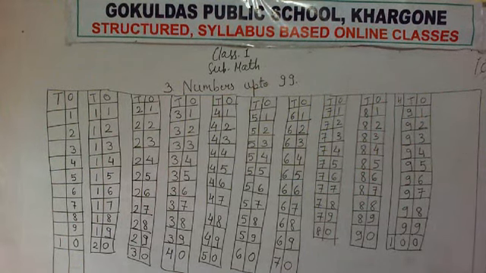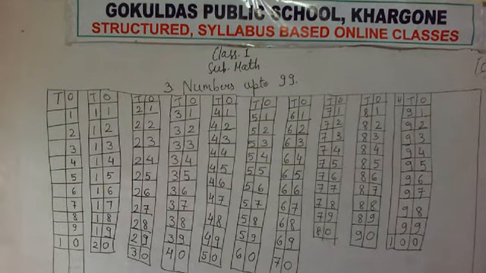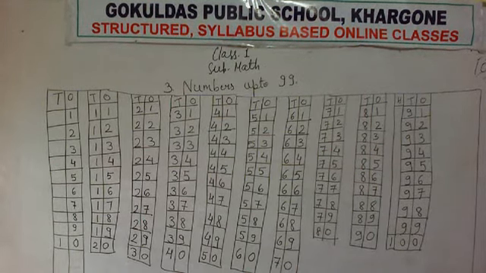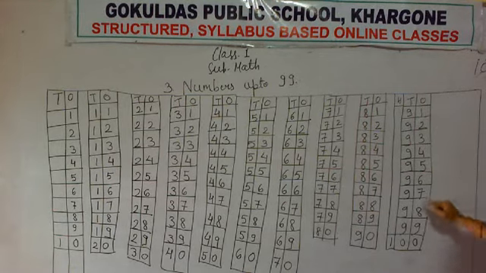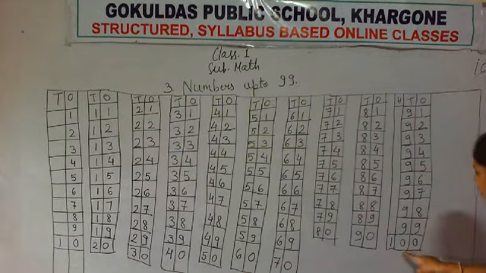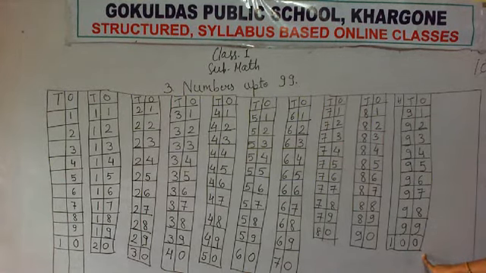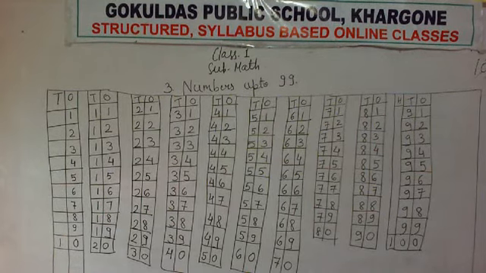That means while writing hundreds, how many digits do we use? While writing the number 100, we use 3 digits. Okay, so what is the place value? The place value of 0 is ones, the place value of the other 0 is tens, and the place value of 1 is hundreds. So how do we read this number? This is known as 100. Okay, 100 is 100. All of you have written the number counting.